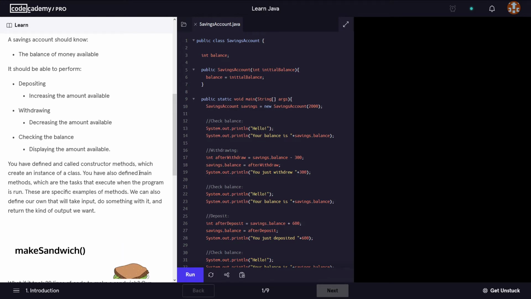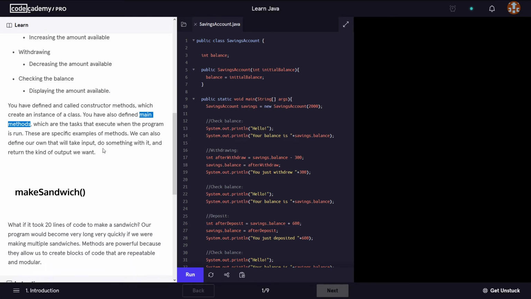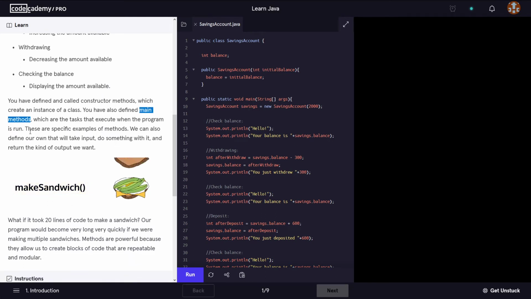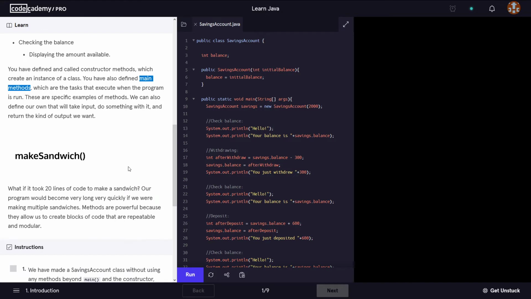So the main method, like I mentioned before in the previous lesson, is the starting point of a Java program, of a Java application. Now, these are specific examples of methods. We can also define our own that will take input, do something with it, and return the kind of output we want. Okay, so we have a little bit of an animation here, which shows